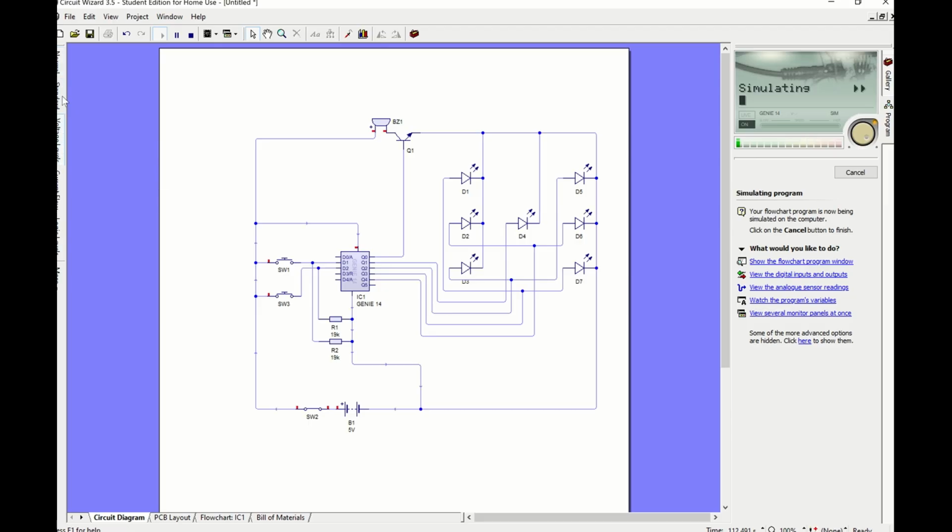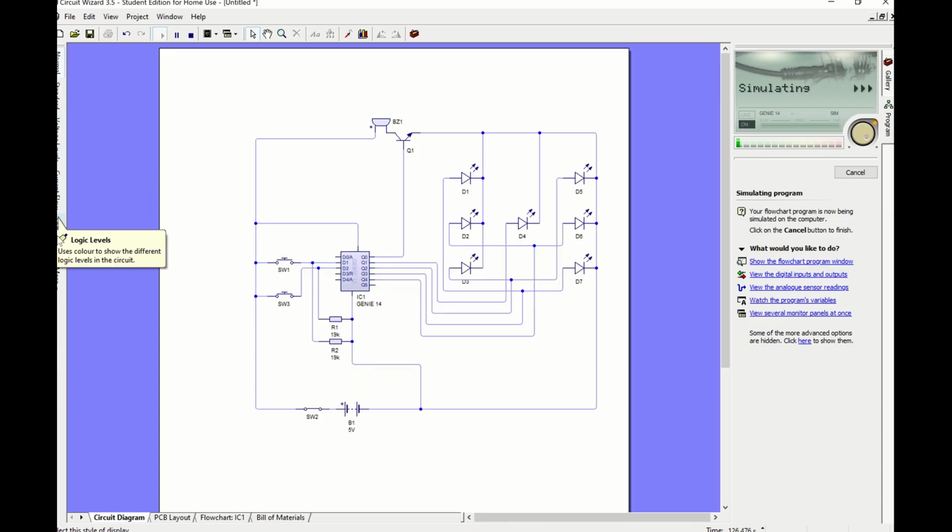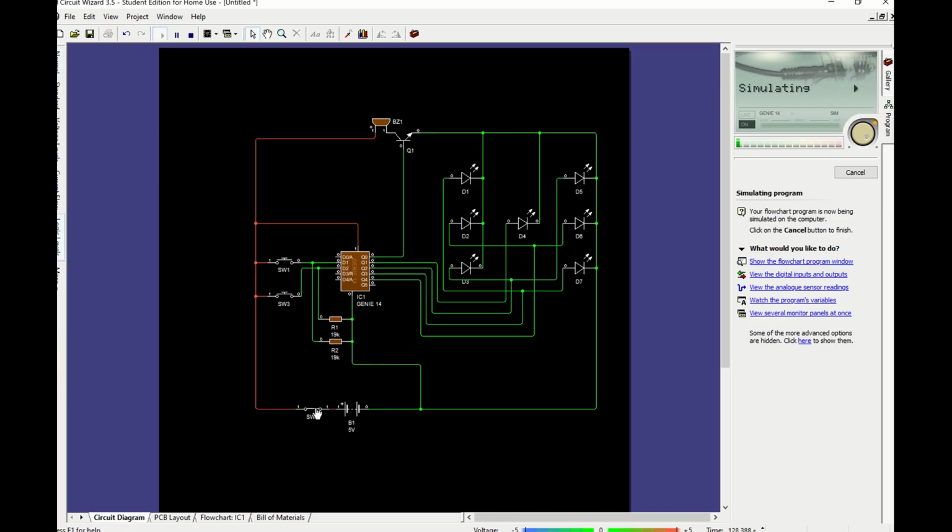Voltage levels. No, current flow. Can't quite see. There we go. Current flow. So what are we doing? Just have a look at this one. You can just see it's a much better view. We can really work out where the current's going. So if I was to take that off, can you see that the current does not go to those components? So I've got everything wired up. It should be okay. I'm going to press this one, and then you can see